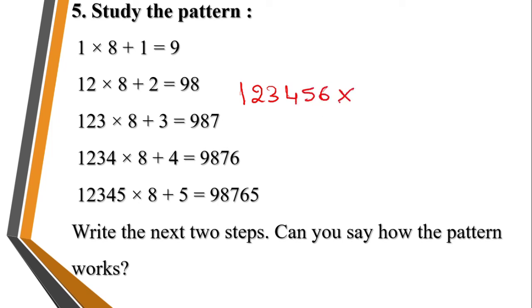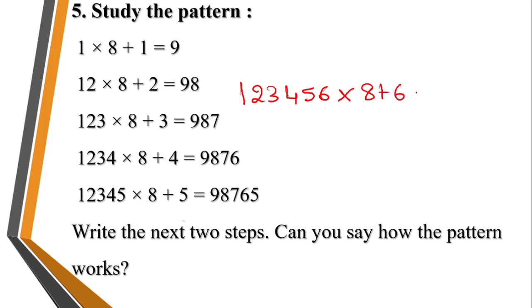And multiplied by, here you should see the next row. So here we have 8. In all the rows we have 8. Right? So in all the rows here we have 8. So here also 8 will come. And here in the next row we have 1 and next 2 and 3, 4 and 5. So it's going in the pattern of natural numbers but single digits. So here it's ending with 5 here. Now next it will be 6 plus 6.